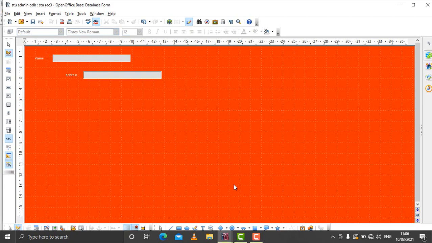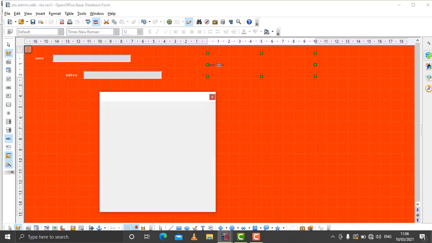If you want to add labels to your form, you can add a label to your form. For that, you can see the icon is here. This is the icon through which you can add a label to your form. Click on it, and then you have to draw a rectangle wherever you want to add the label. Suppose I want it here, drag it. This is the area for your label. Double click on this area,